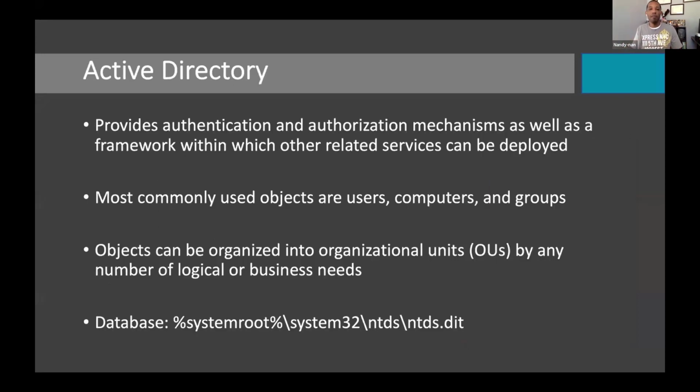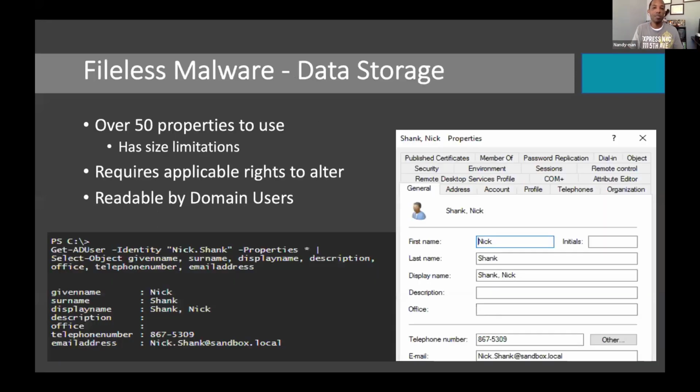Well, Active Directory. From an enterprise perspective, these are containers largely configured in organizational units, users, computers, groups, all of these objects. This is the nucleus of sorts when we talk about authentication for a Windows enterprise environment. What's interesting is that these objects have properties, and the properties are in the sum of roughly 50 or so for every user. Some of them are shown by default when we're in Active Directory Users and Computers. Others we have to pull out because they're not by default. Now, domain users by default can read these properties. It requires elevated rights to alter them.